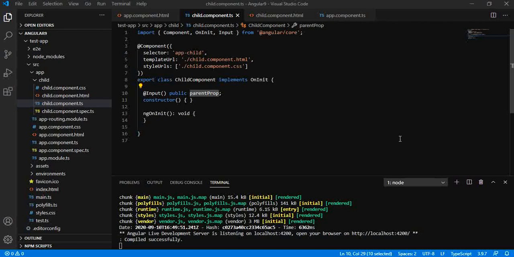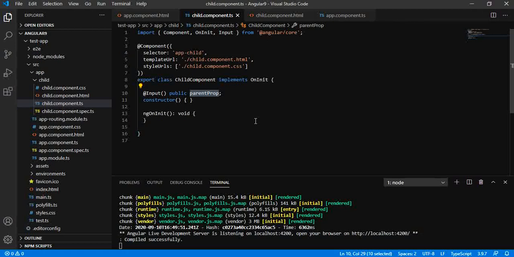Now let us see what is the problem over here. In future, suppose that this parent property is changed to something different name, then what will happen? We need to apply the change in our whole component. Suppose that this particular parent property is being utilized in lot of functions, and somebody has changed the client name, that is parent property, to some different name, then we will have to apply the change in our complete component.